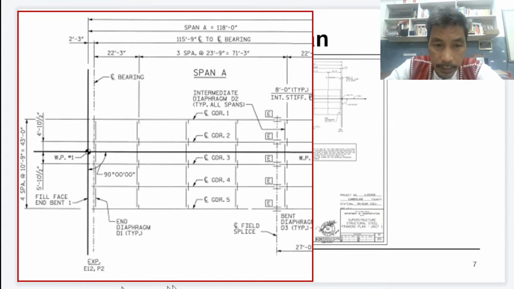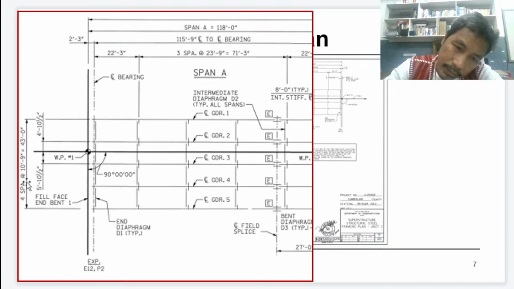So the general direction of the girder is parallel to this reference line, this horizontal line here. That is the general direction of the girder, and therefore that is the general direction of the bridge. So perpendicular to it is the direction of the diaphragm here and there. Okay. Any question? If you can see here on the side,